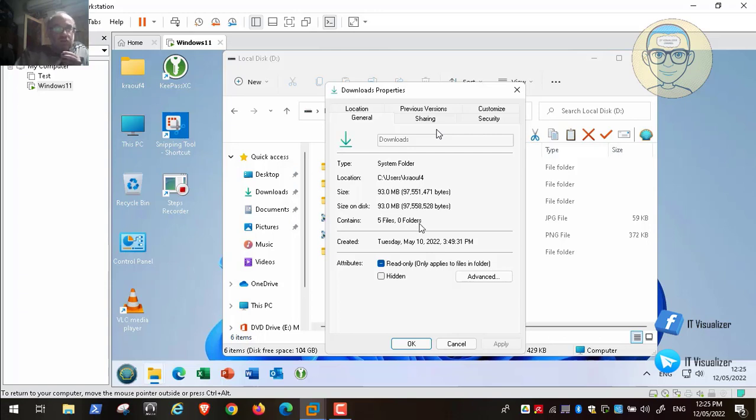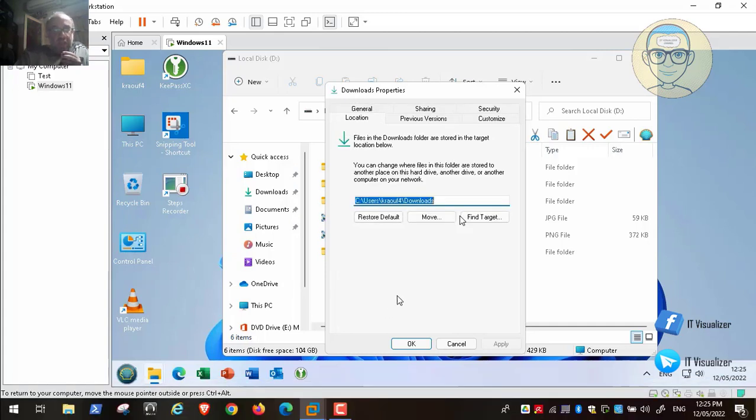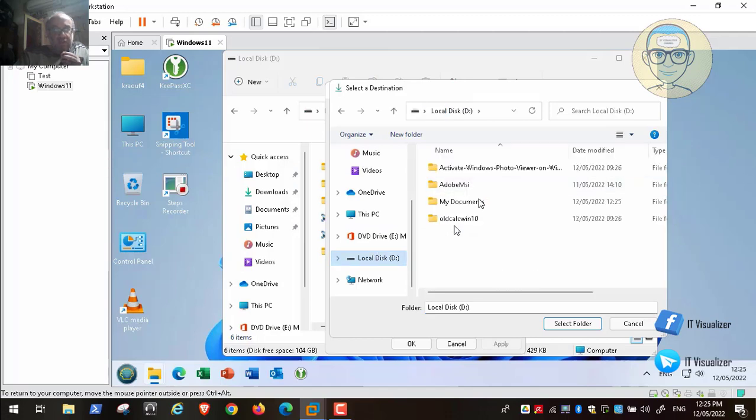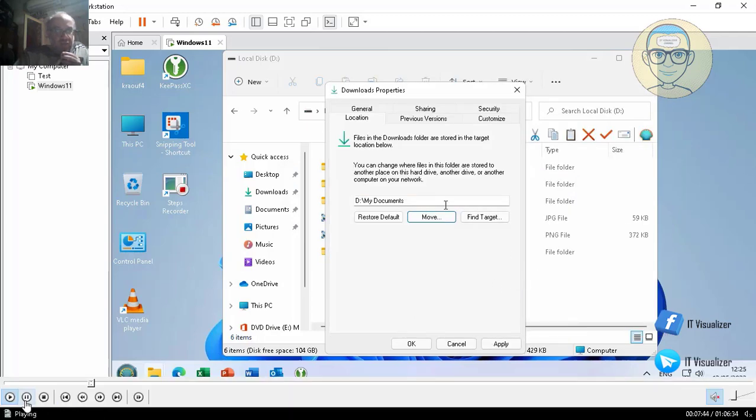Okay, so now we need to go to the location and tell it to move the target to the D partition. Okay, D partition, and then My Documents, and then we need to type something here. We need to tell it